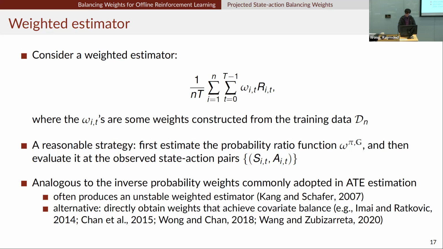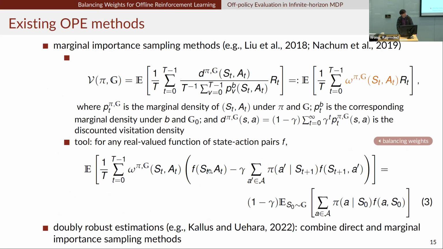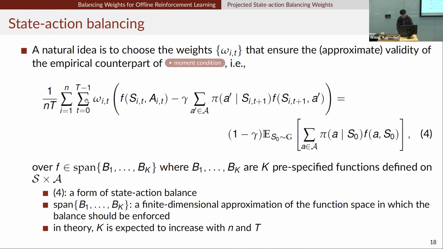Okay, so now let's try. We want to adopt this covariate balancing idea to deal with policy evaluation in the reinforcement learning setting. So the first thing is about moment conditions, moment restrictions, and in fact, I already listed the moment restrictions here. You can just take these moment restrictions, and of course, this has an expectation here. We don't have it, so you replace it by an empirical version.